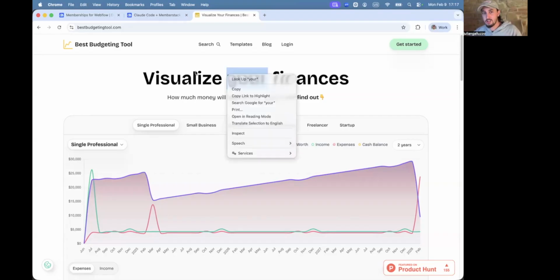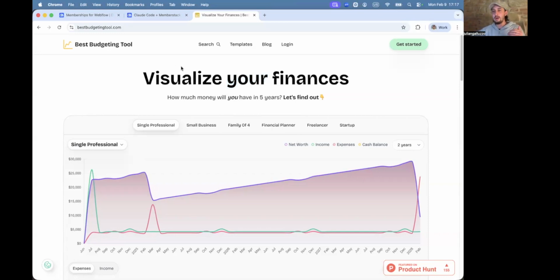But what I'm going to show you now is really just how I get started with rebuilding these. It's one thing to build a site from scratch, but when you already have all of this stuff set up and you want to bring something over that is pretty much the exact same so that you don't lose any traffic on Google or anything like that, there is a process that I followed on the Memberstack site, which I am going to show you here. So I will get right into it.